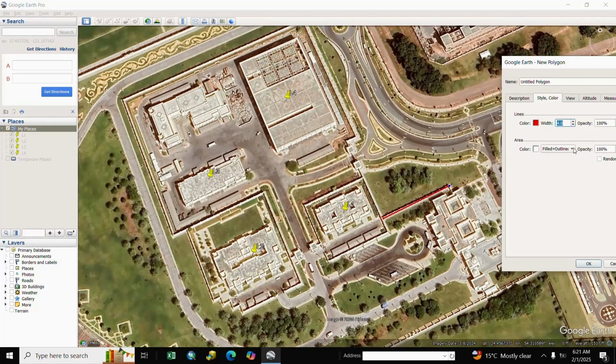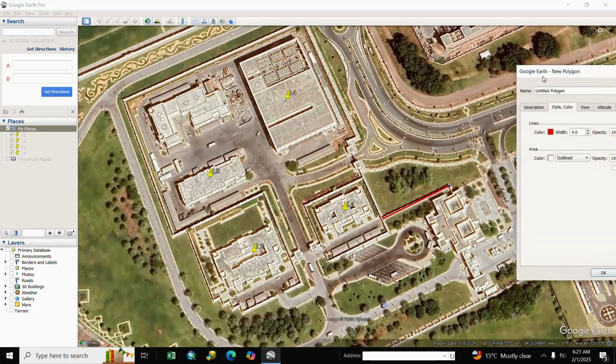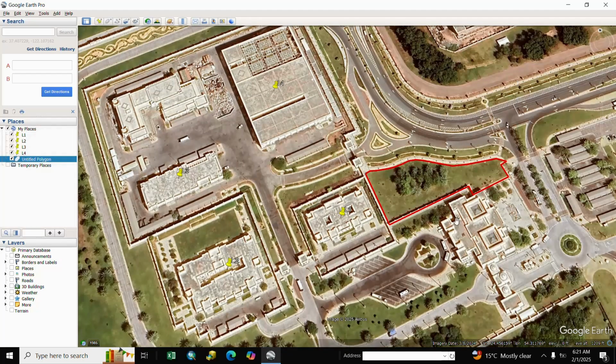For the area we select outline and we start again. We capture the area, click, click and OK. Here is our polygon.